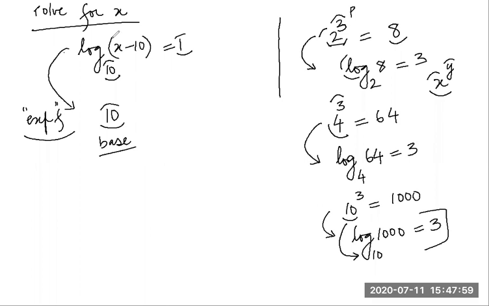So 1 must have been the power of 10. So tell me, Manrose, the full form. 10 raised to power 1 is equal to x minus 10. Further, solve it. Anything raised to power 1 is itself, so 10. So x is equal to,